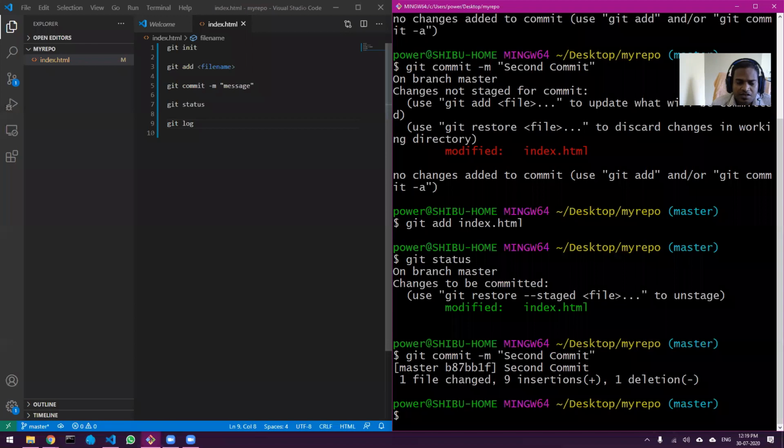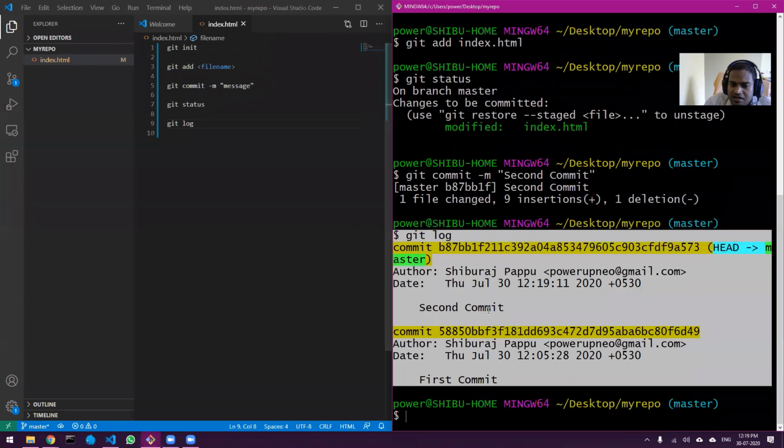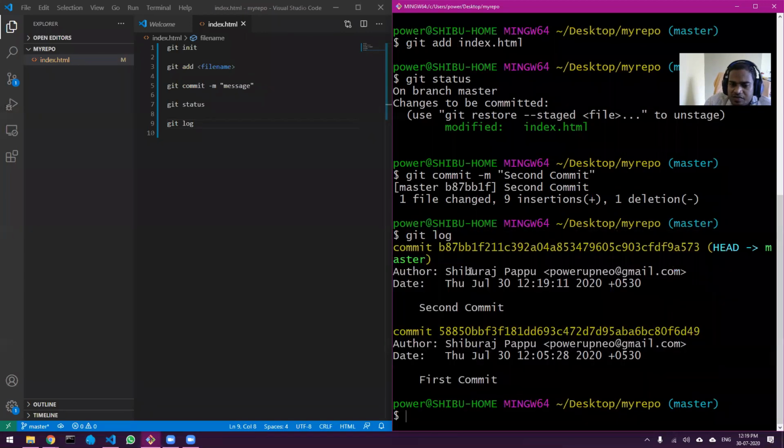Now let us say we want to see how many commits we have done. To find out how many commits we have done, we can do git log. If I press git log and enter, you can see the contents it has sent to me.